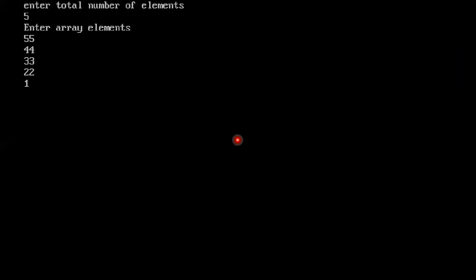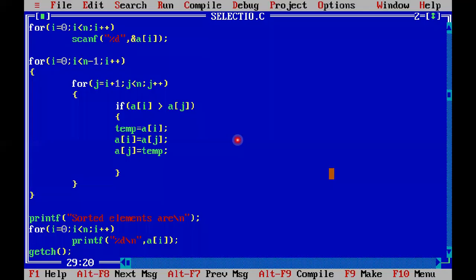Okay. Then the input is completed and it performs the process as in my algorithm, and at last the output is displayed. In this case, sorted elements are: all the data are sorted like 1, 22, 33, 44 and 55.